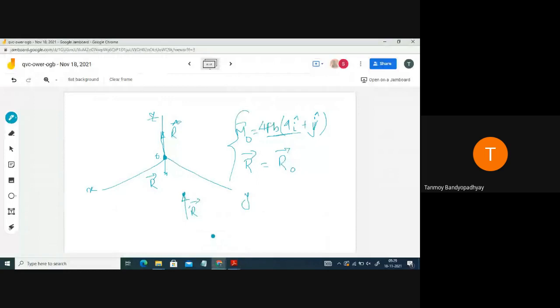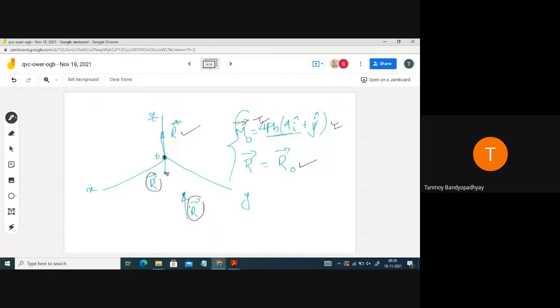O is our point of interest. At the point O, I apply two equal and opposite forces. So this one and this one will form a couple, and this one will remain. This is the force I have written, and this couple is the answer. If you calculate the couple of these two forces, it will come out to this one itself. Okay?